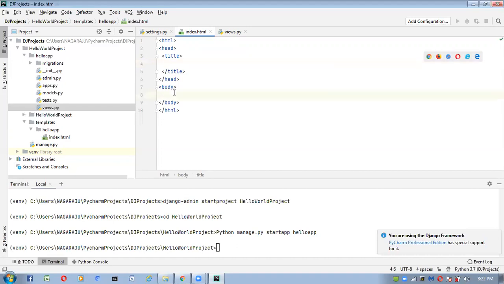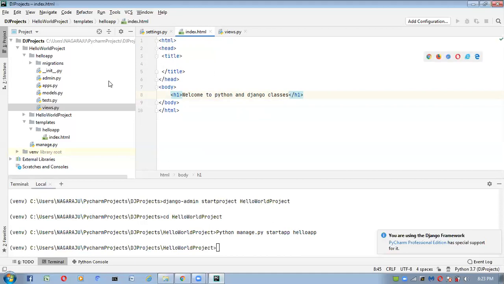Inside the body part I am going to take one h1 tag, and inside this h1 tag I am giving a message that I want to display here: Welcome to Python and Django classes. Save this one. This is what I want to display on the browser.